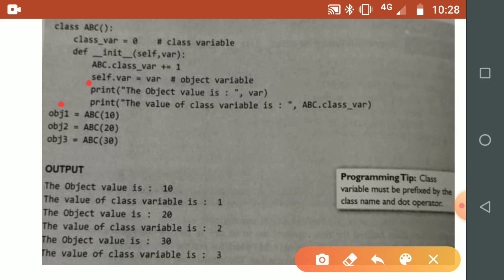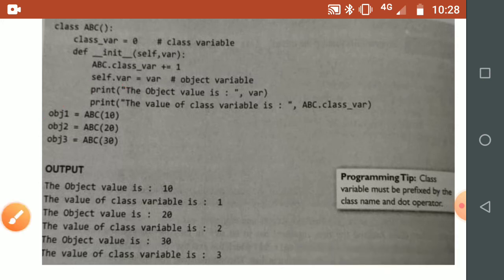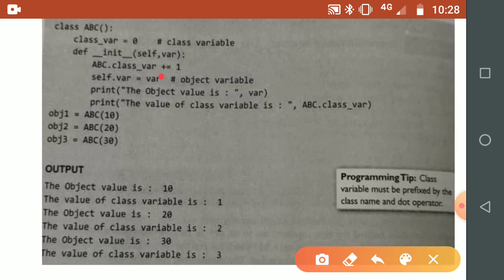What is the value of the object variable of obj1? It becomes 10.